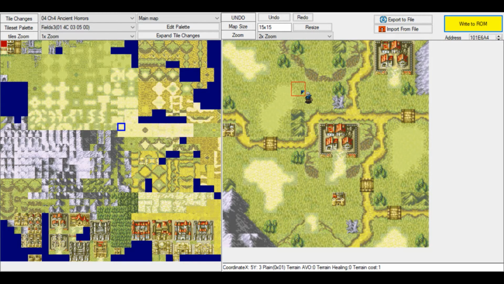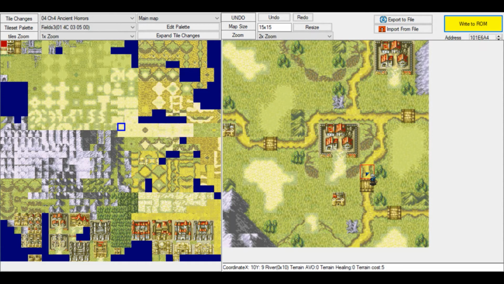I was also planning to, at one point, release this map with tile changes and stuff intact. So if you like this map and you don't want to bother making a new one, I will release a link somewhere. I will put that in the description once I have decided where to post this map. So you can download this map for yourself and insert it into your ROM hack. With that being said, we have now created the map. We have 2 nice villages with tile changes and everything. The snags have tile changes and everything.